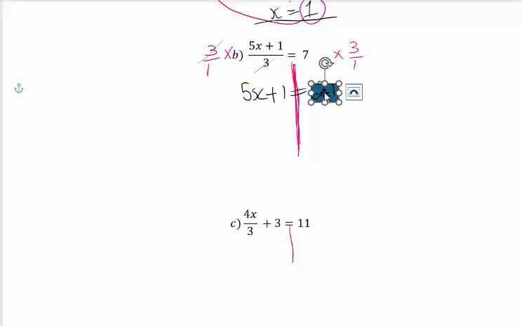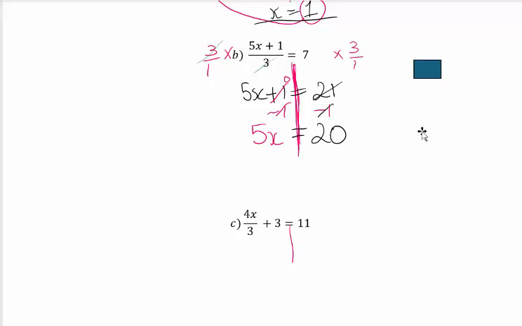Okay, and now what I'm going to do is solve the next bit. 5 times x plus 1. What's the last thing I said? Plus 1. So you've got to take 1 from both sides. And now solve it. What's left on this side? Plus 1, take 1, leaves 0, so we don't worry about that. What is left? 5x equals, now I'll get rid of the box, 21, take 1, write down what's left, is